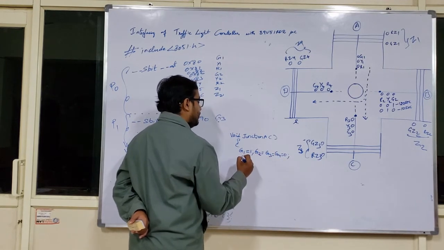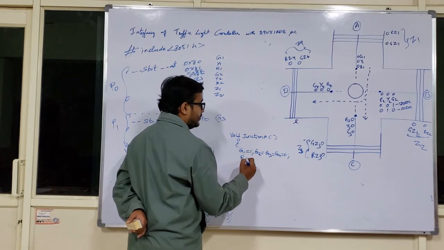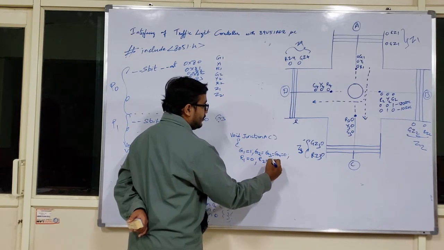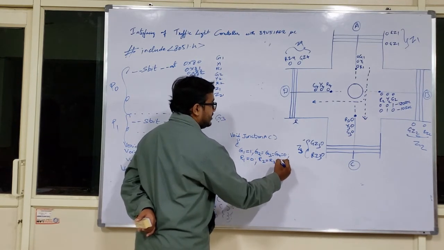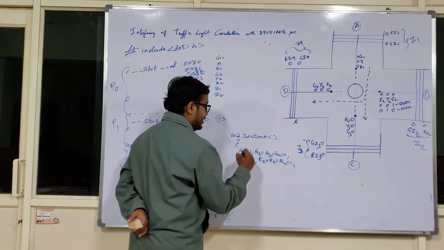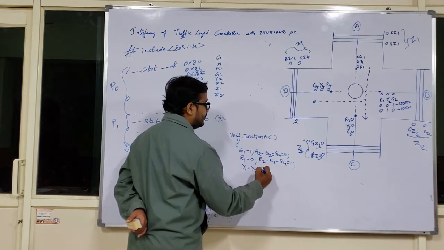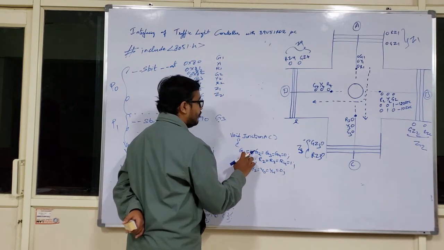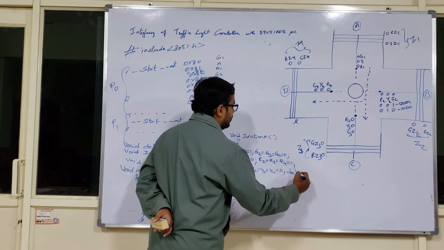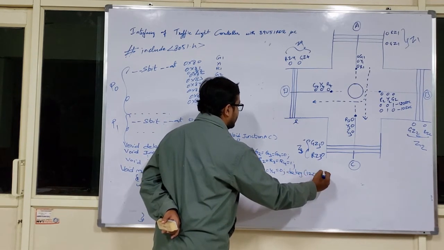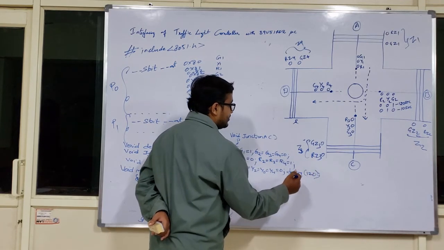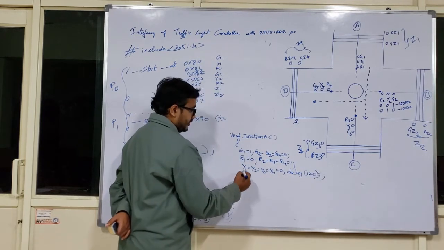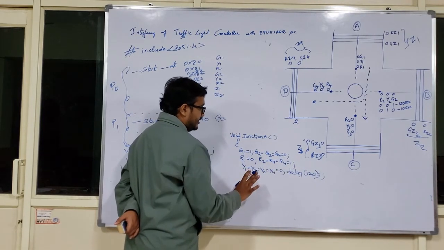At the same time, my red lamp at junction A should not be in logic 1, it should be logic 0. Correspondingly, all your red lamps of each and every other junction will be logic 1. At the same time, all my yellow lamps will be logic 0. So this green lamp will be active for how much amount of time? I have assumed 120 seconds, or 120 amount of time. Okay, let it be. I just explained this concept. So the green lamp will be active for 120 seconds.